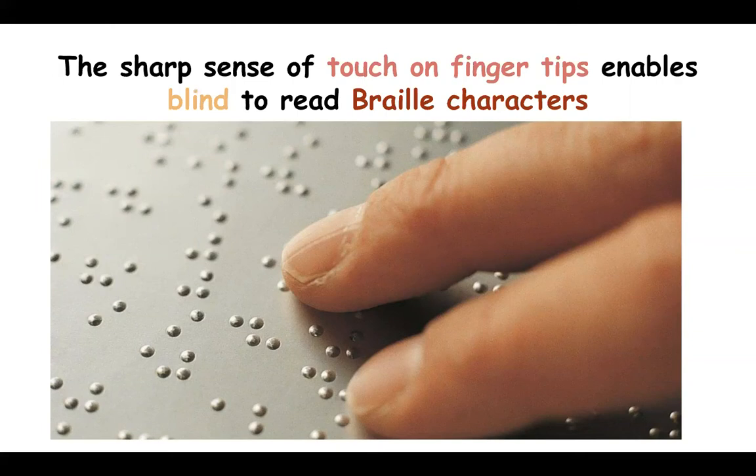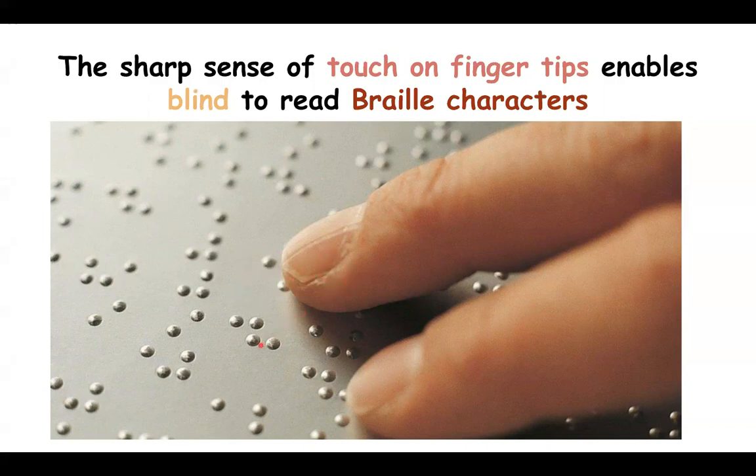You might have come across people who read even though they are blind. Blind people basically read through their fingertips. They keep their hands onto a surface and touch the alphabets. The characters that they read, they're called as braille, and this is only possible because large number of sensory receptors are present on the fingertips, making them excellent points of sensory perception. So this is because large number of sensory receptors are found in the dermal papillae, enabling the blind to read braille characters.